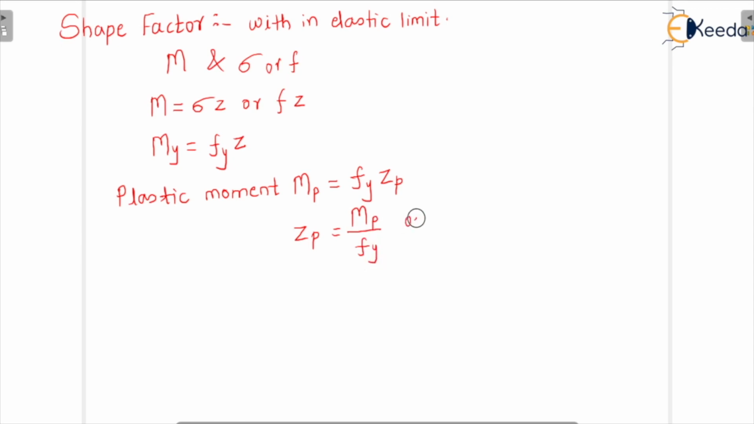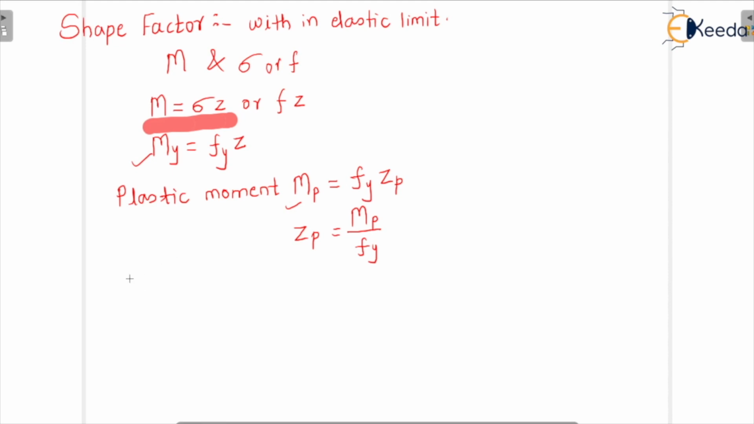So just see, I did nothing; it's the basic relation we know. M equals sigma into Z. When it is at yielding, we show My, and when it is at plastic, we show Mp. So the term shape factor